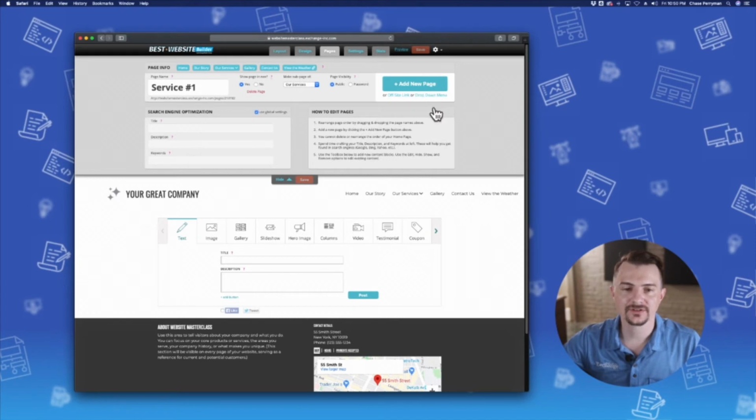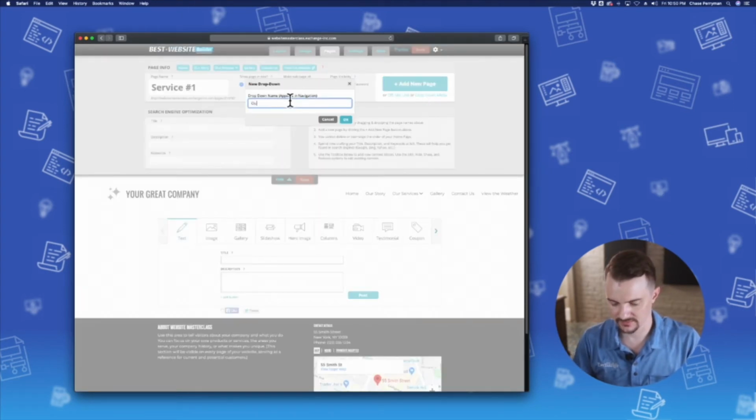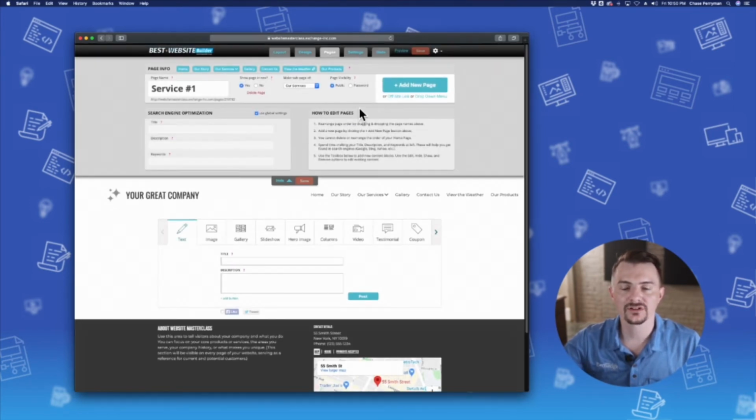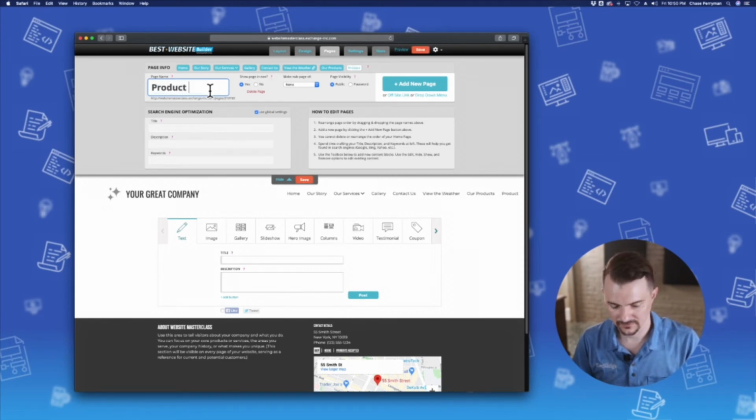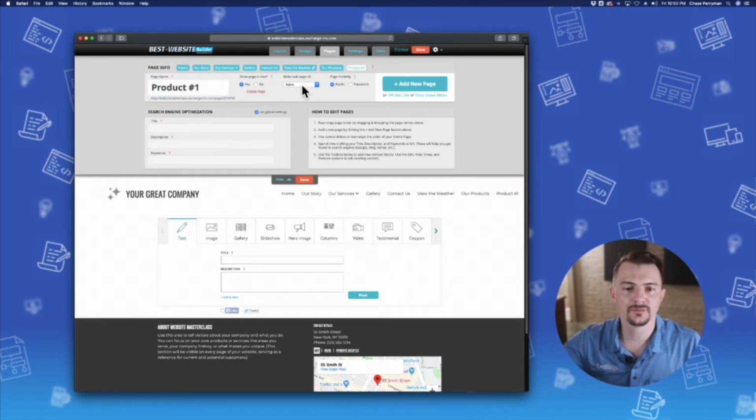You can also add a drop-down menu. Now, we put service number 1 underneath our services, but I'm going to explain the difference now between a drop-down menu and creating a subpage. So let's go ahead and set up a drop-down menu. For this one, we'll call it Our Products. Okay. Now we're going to add another new page, and this is going to be product number 1. We're going to make product number 1 be a subpage of our products, the drop-down menu. And click